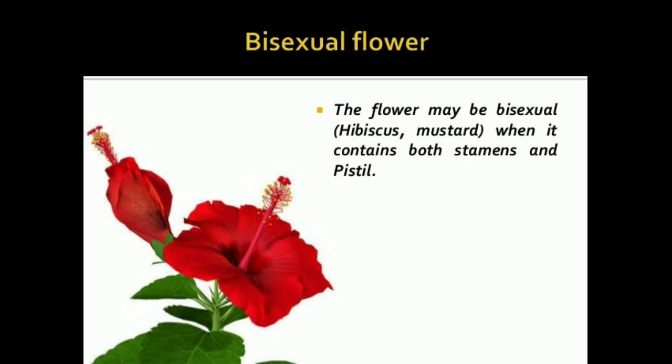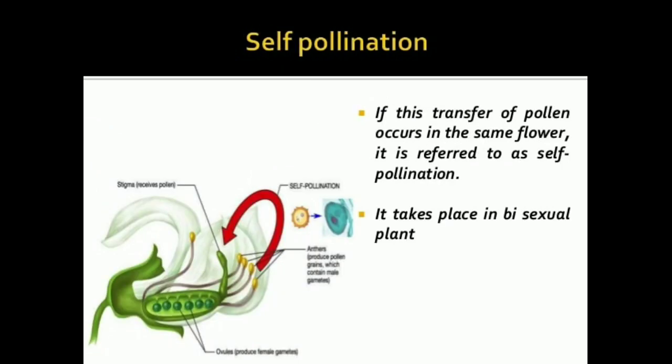Next, the male and female gametes of this flower should be fused. That's how fertilization occurs. So how will it happen? For that, the pollen grains of the stamen should be transferred to the stigma, right? The pollens from the stamen should be transferred to the stigma of the flower. And that process is called pollination. That is, the transfer of pollens from stamen to the stigma is called pollination.